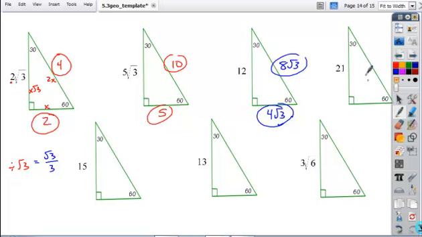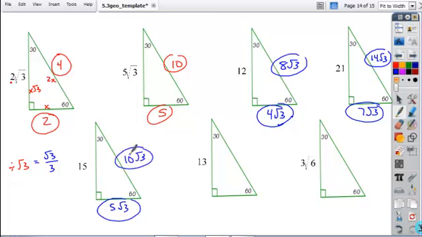So what about 21? What would the length of the leg opposite 30 degrees be if the side opposite 60 degrees is 21? Divide by 3, so 7, multiply by root 3. So you get 7 root 3 as your answer. Your hypotenuse then would be double that, or 14 root 3. So what about this last example here that fits this same sort of structure or pattern? What's the length of the side opposite 30 degrees? Take 15, divide by 3, which is 5, multiply by root 3. So there's our shorter leg. And then the hypotenuse is going to be double that, or